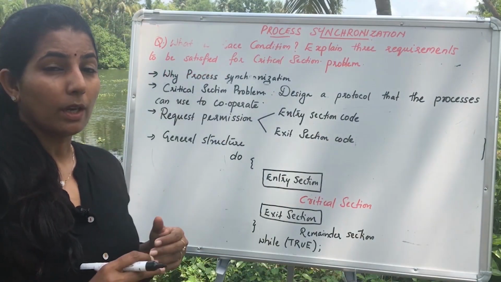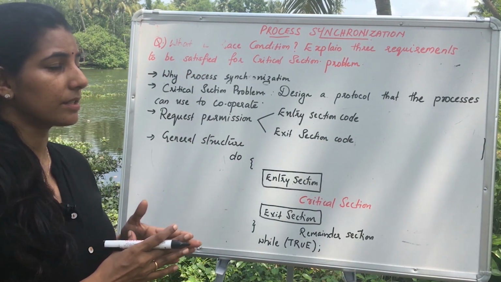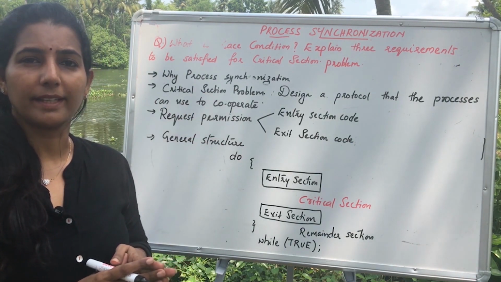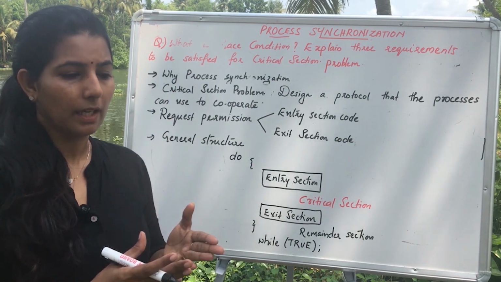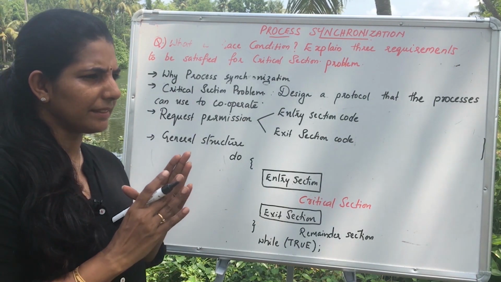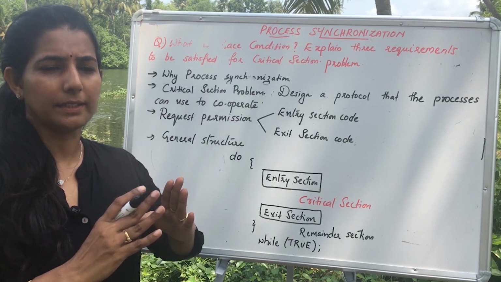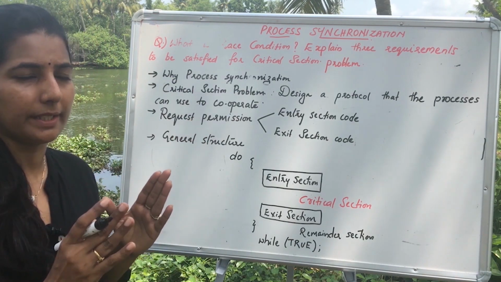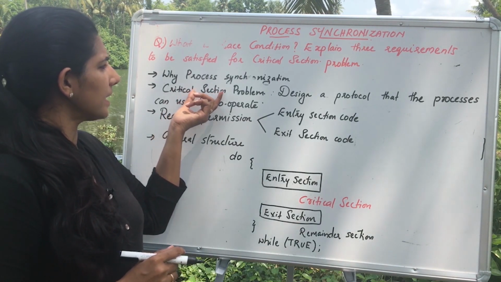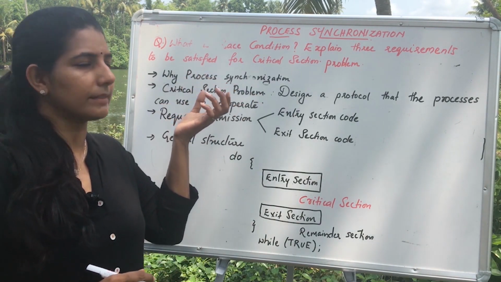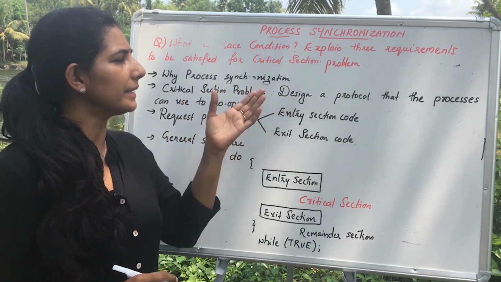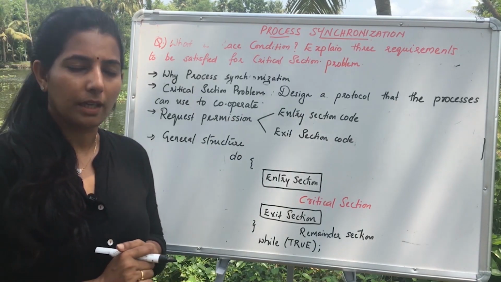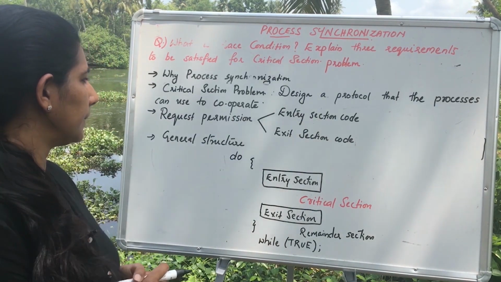So, with all the previous concepts, we have understood what a race condition is and what the need for process synchronization is. In a race condition, when the values change, we need some particular concept so that the processes are synchronized with each other to have a proper data output. So, the critical section problem: we have seen what a critical section is, and the critical section problem designs a protocol so that processes can cooperate and we do not have an erroneous outcome.